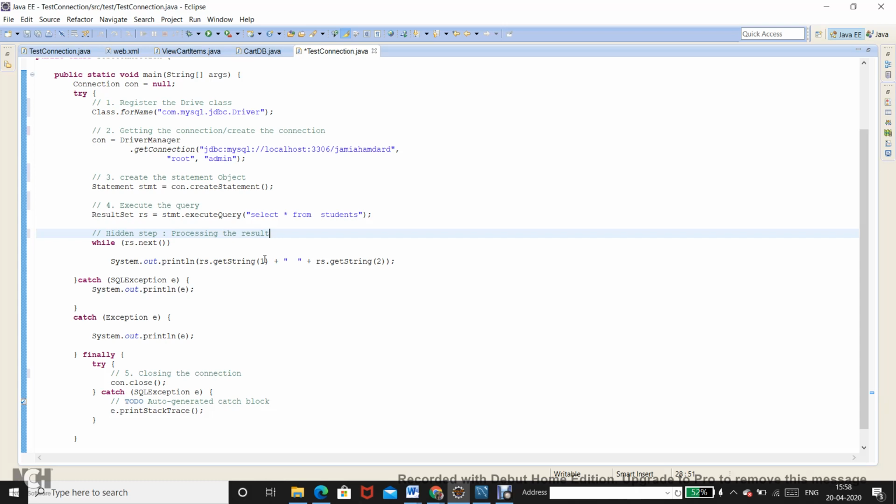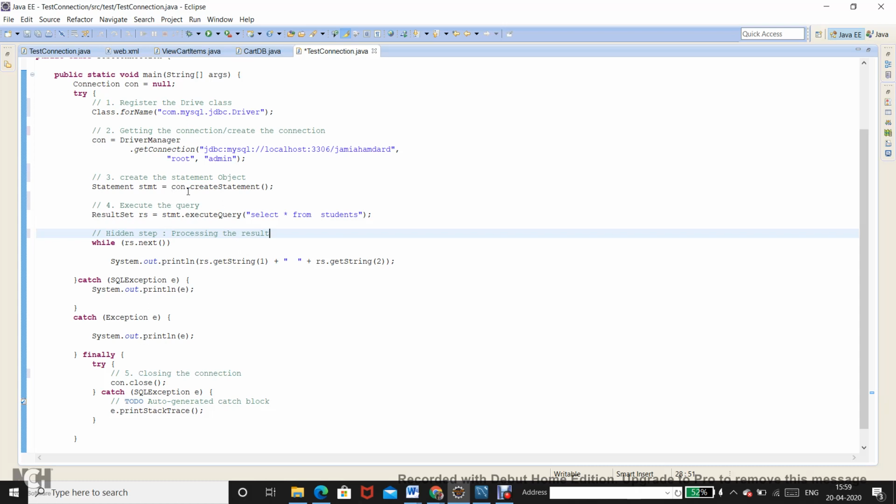That would mean some processing over there. Or I could have chosen to create a PDF file with all the data to be sent as a report to the managerial team, and that would have meant processing the result in that case. So there could be different cases; whatever you do with the result, that is what you mean by processing the result. So these are the typical 5 steps which are meant to connect to the database and communicate with the database.